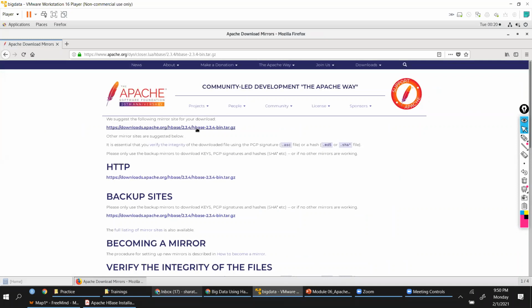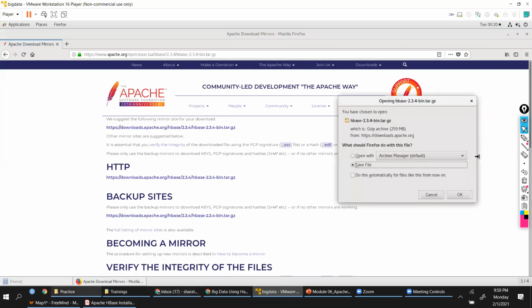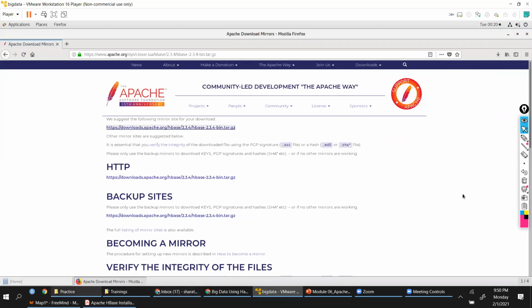You can click on this and you'll be able to download the software. Just like the other softwares, here also. Okay, you want the link, huh? Yeah, there you go.